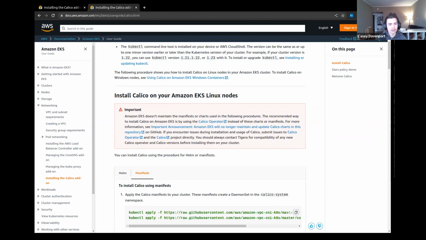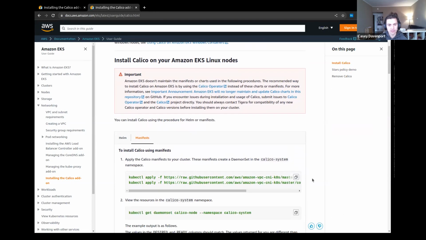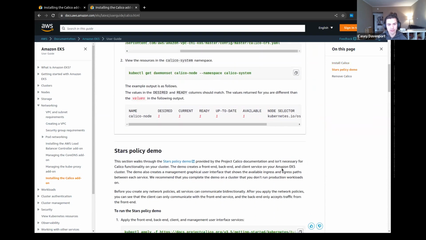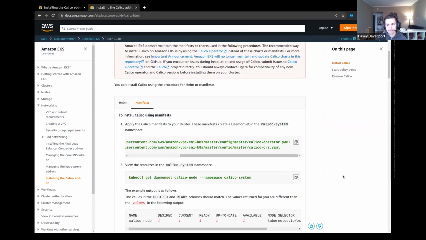Perhaps as a step to that, we just get rid of this manifests tab. Submit a PR to get rid of it because it's not supported anymore. Or at least update the links to be more useful, bringing people to the operator instructions instead of the operator code. Well, I would say the manifest is still supported, right? Because these manifests were installing the operator. Yeah, it does seem that way.